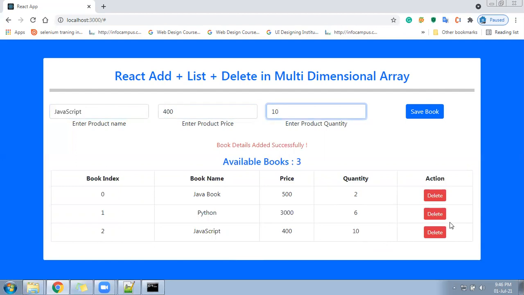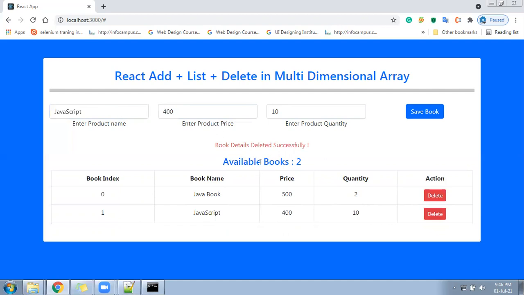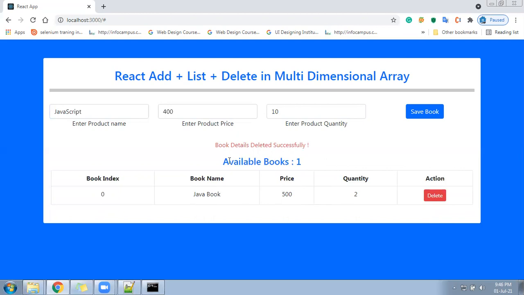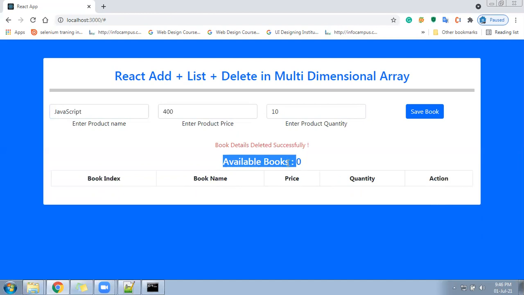We are going to see all of it step by step. Now let me come back to the delete part. I'll delete the Python from here. You can see I deleted the Python. It's gone from the list, plus the number of books also got reduced. I'll delete the JavaScript from here. You saw JavaScript gone, plus the number of books got reduced, right? Plus if I delete the last one, that's Java also, you can see that is also gone, and the number of books is showing as how much? 0. Right? So this example is based on class component under React.js.